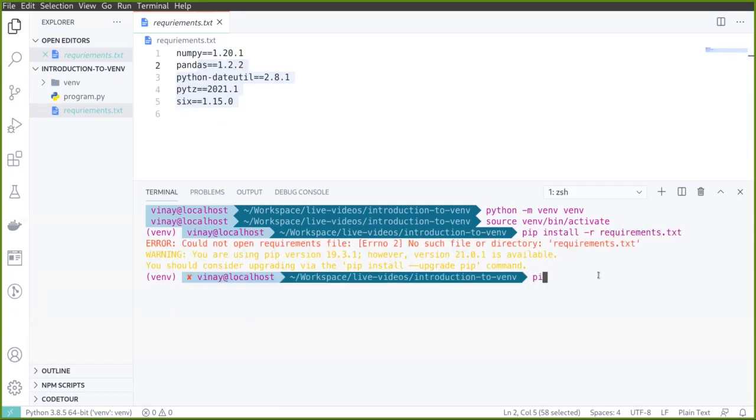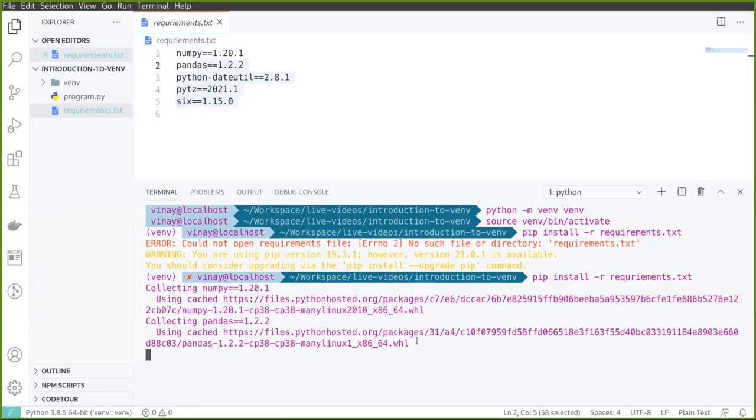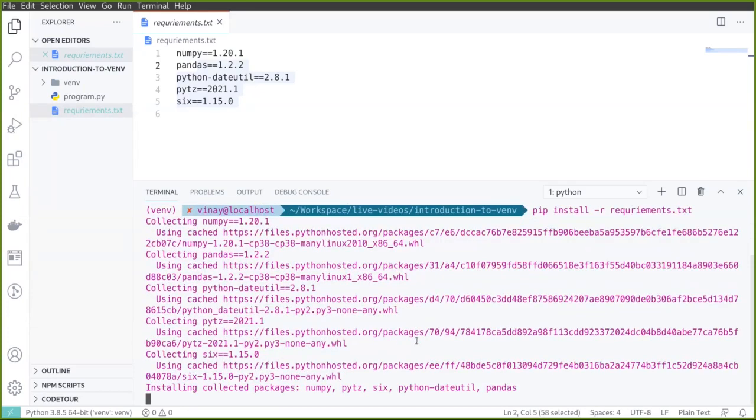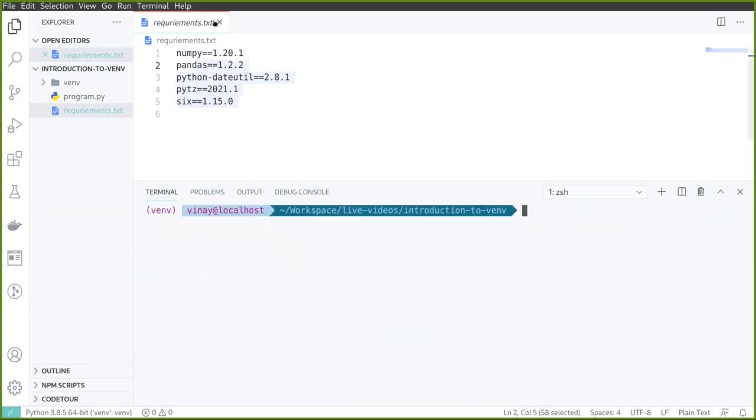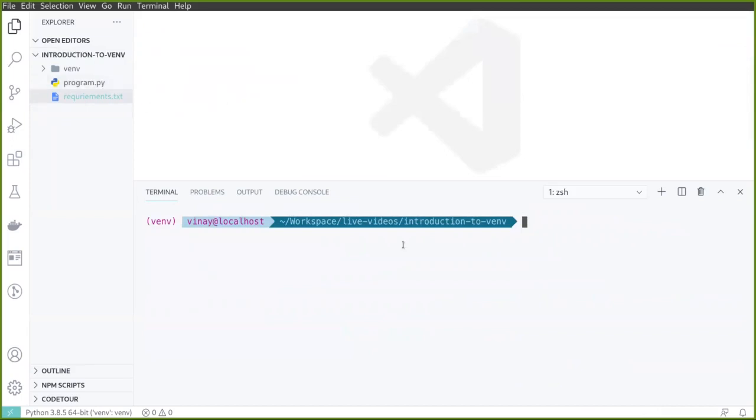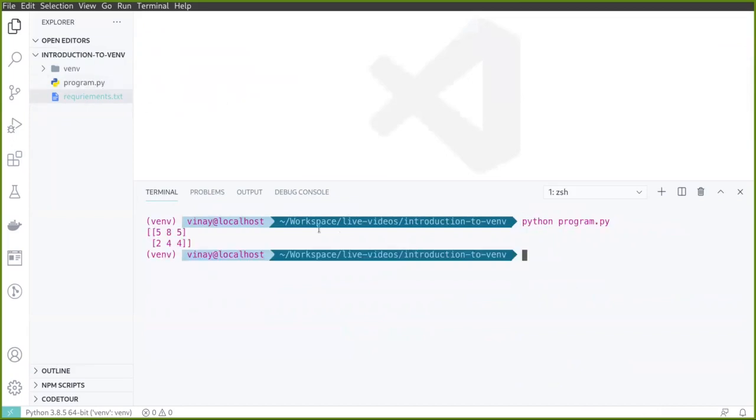So there is some typo. We can simply use this requirements.txt file, and it will install all the necessary packages needed to run this code. So these are installed, and now we can easily run this program.py code, and we obtain the result. Okay, so that is it about virtual environments.